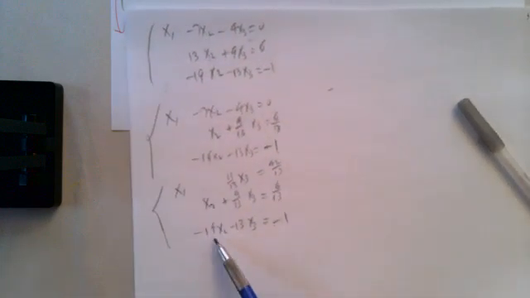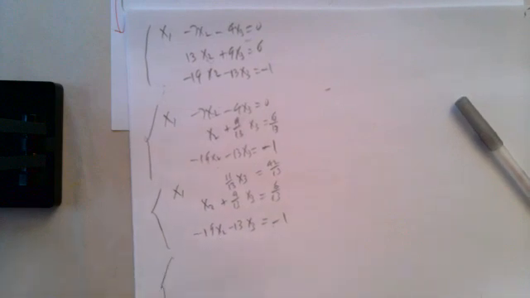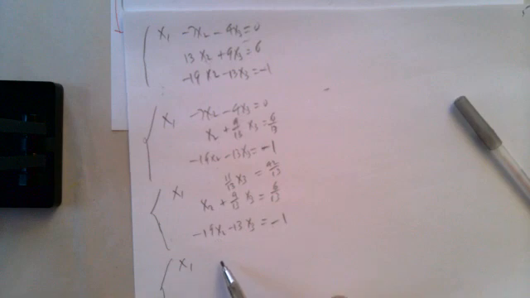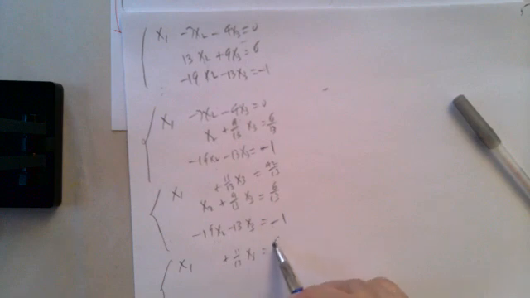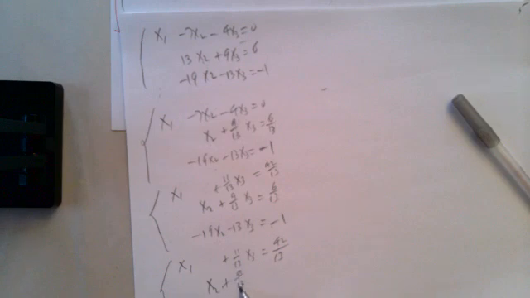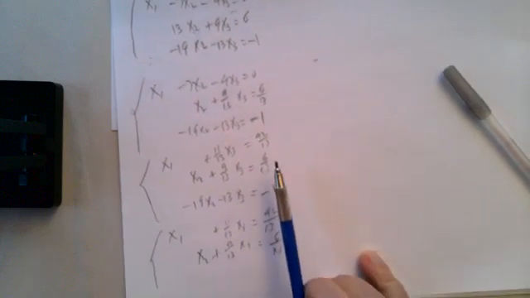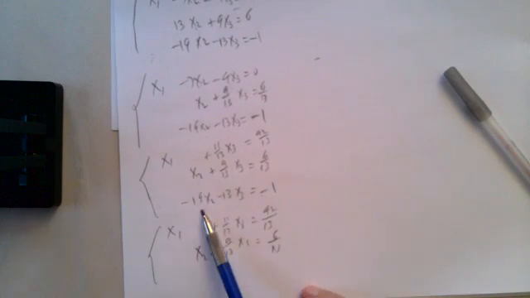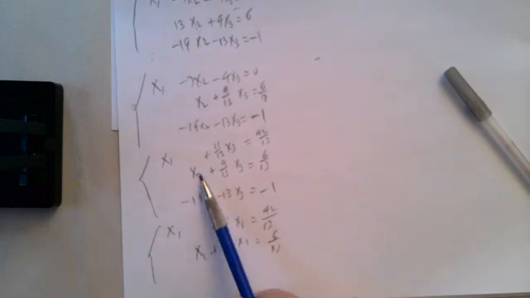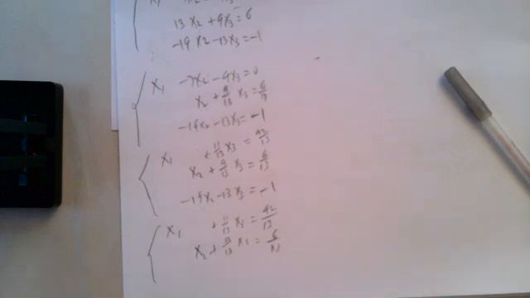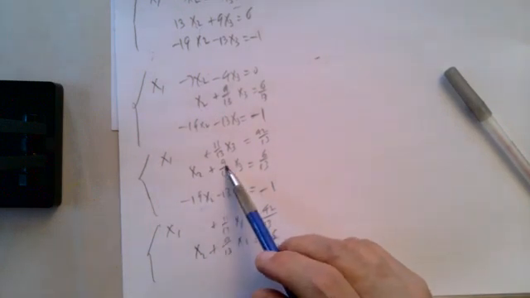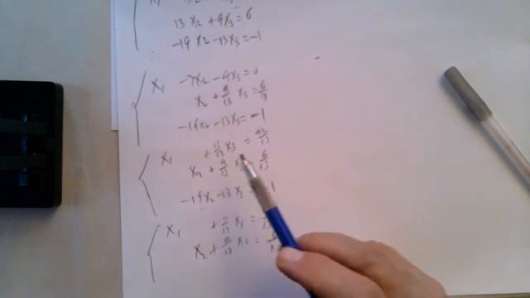And finally, I want this x2 to disappear. So I have the first equation is x1 plus 11 over 13 x3 is 42 over 13. x2 plus 9 over 13 x3 is 6 over 13. If I multiply the second equation by 19 and add it to the third, I'll get rid of the x2s. So 19x2 minus 19x2 is 0x2. And I have 9 times 19 over 13